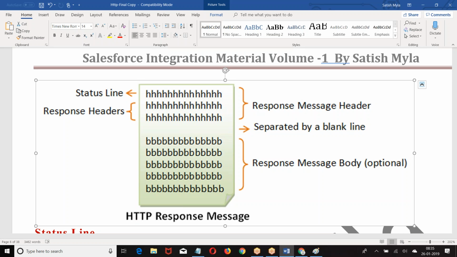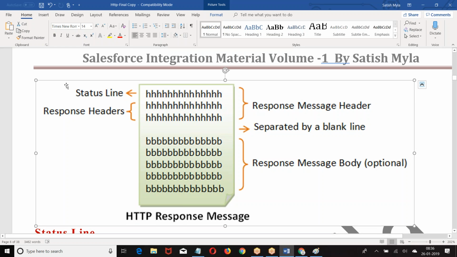Look at the format here: response message header, blank line, response message body. So we have header, we have body, the blank line. But in the response, the first line is called the status line.